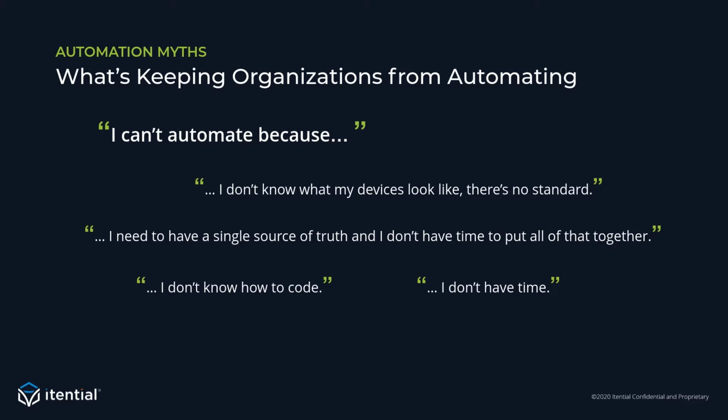Okay. Well, that seems to make things a little bit easier, but I can't automate because I've just got too much on my plate. Simply put, I don't have the time. And this one may be the most ironic response and